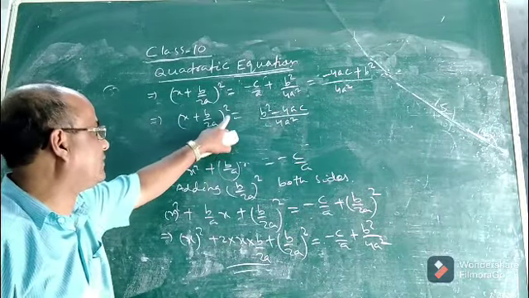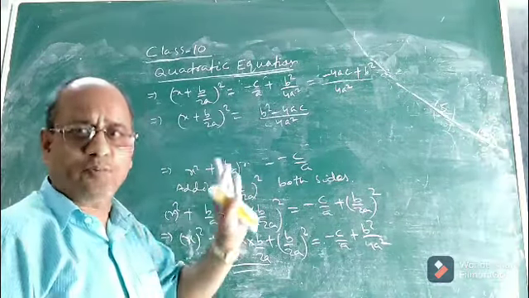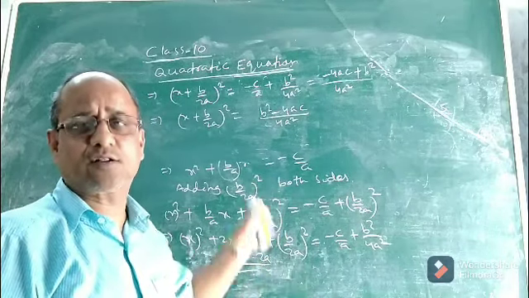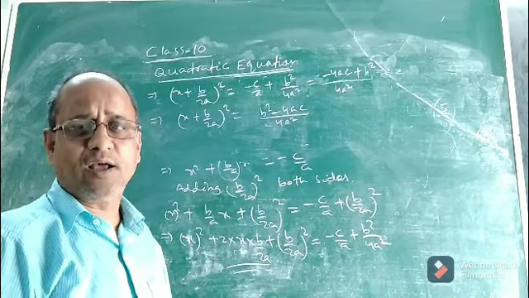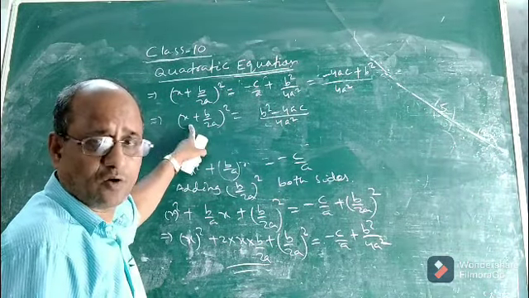So now the value of x plus b by 2a whole square we got. Now our aim is what? Our aim is to find x, because x is the roots. x will give you the roots or the solution of the quadratic equation ax square plus bx plus c equal to 0. Now our aim is to find x. So how to find x?